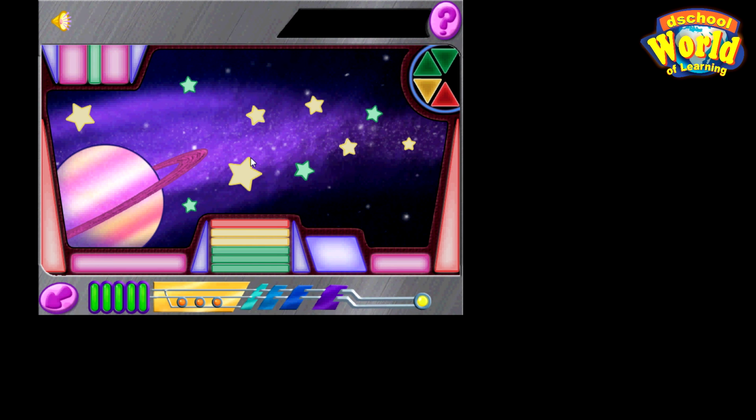Welcome to Shape Scanners. Try to locate a star. So the game is testing on identifying 2D shapes.